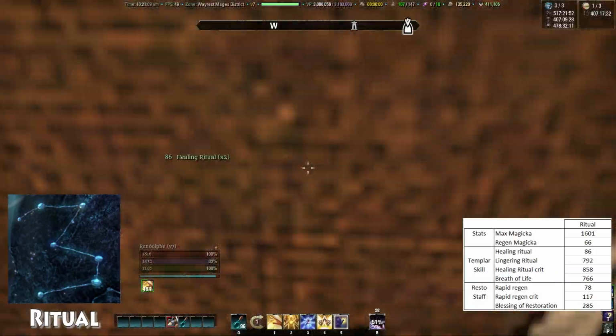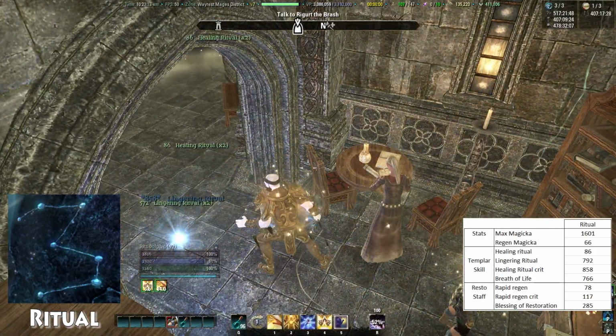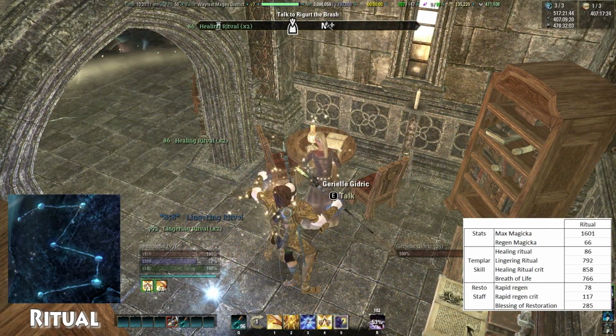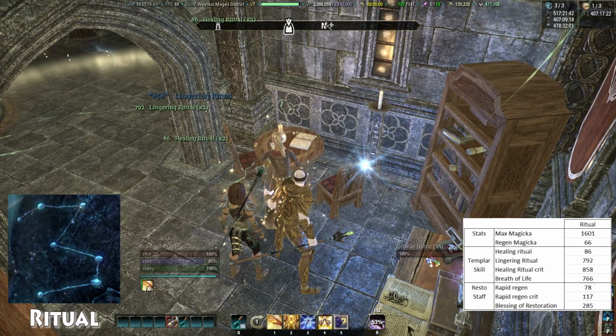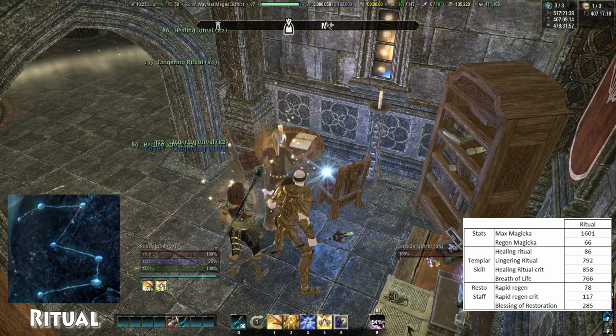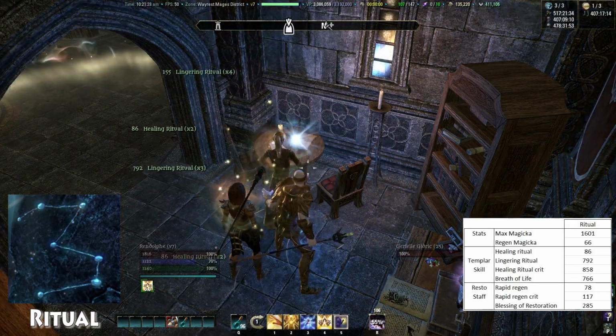So, and at the same time, that's the best number I get so far. If you look at the chart, I've got the best numbers except the crits of healing ritual, lingering ritual. I don't know why I get the lowest there against the mage one, Mage Mundus Stone. But as you can see, the numbers are one of the best, and I strongly suggest this one for the